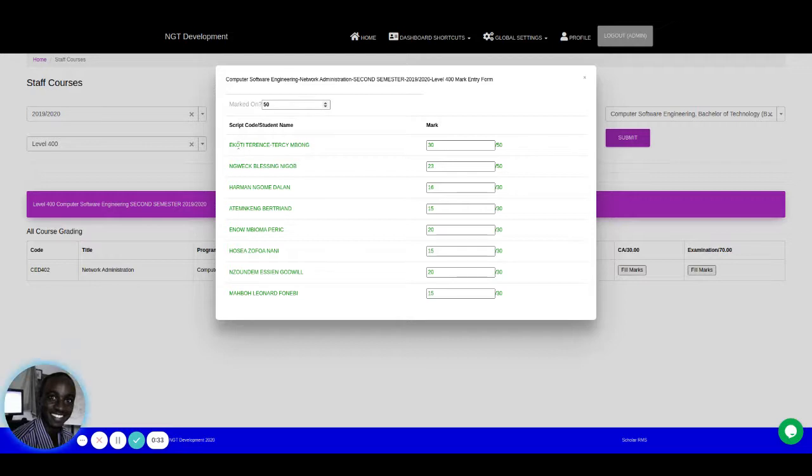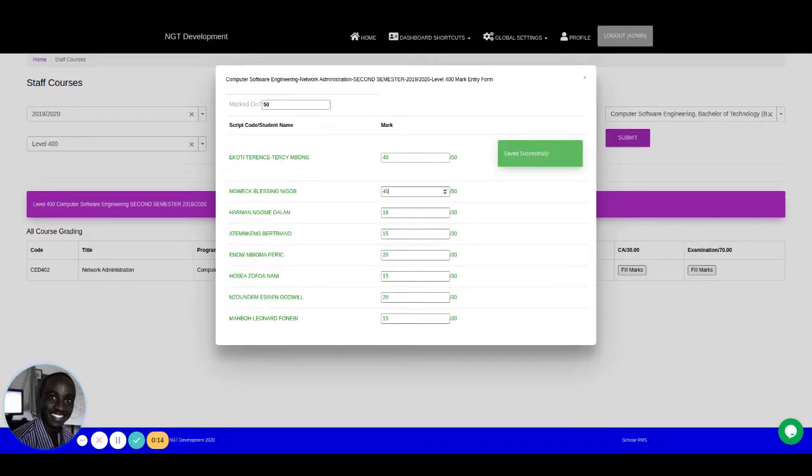Then here you see the names of the students. Then you see an input box here for the marks. It's just like an Excel sheet. Against this name, I'll put the marks of that student here, and then I go to the next student. Once you exit this box, it starts saving. If I go to the next, I can fill here. This student might have 40. I go to the next, like that. It saves automatically. You don't need to do anything.